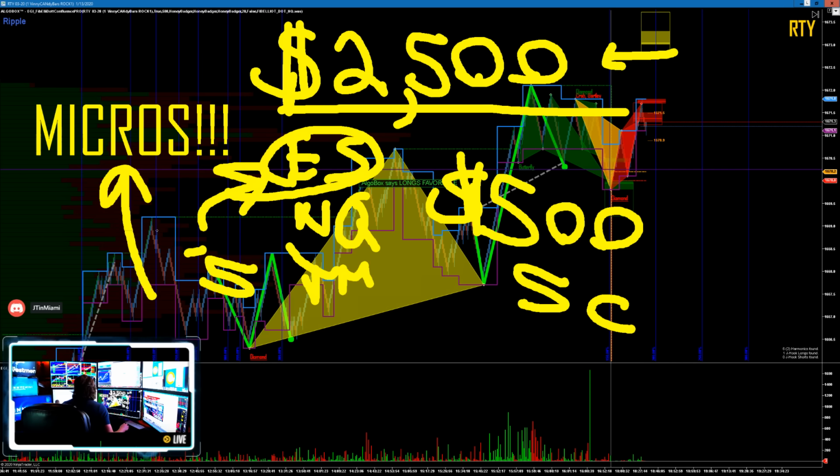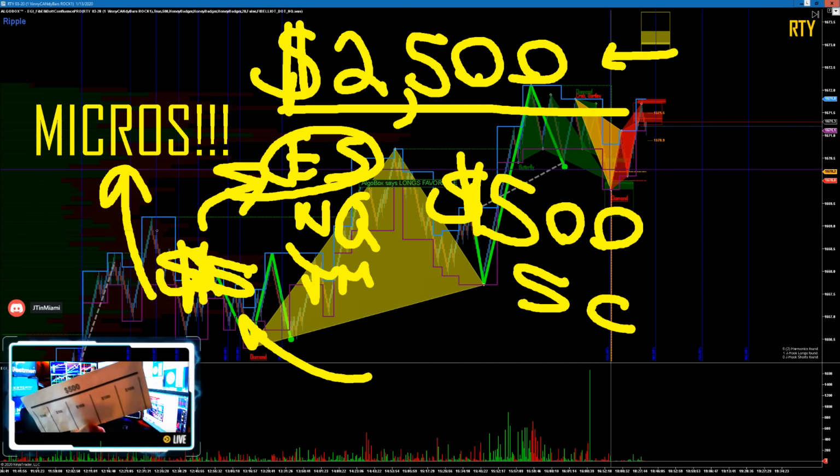But these are $5 per tick. You can do a lot with a little. So 1 tick times 5 contracts ends up being $25 per tick. Again, it adds up very quickly, but you can do enough with this. It's enough to be dangerous. It's enough to make you some money. And if you're doing this little thing right here, where you only take 5 trades, it's plenty to do the work.